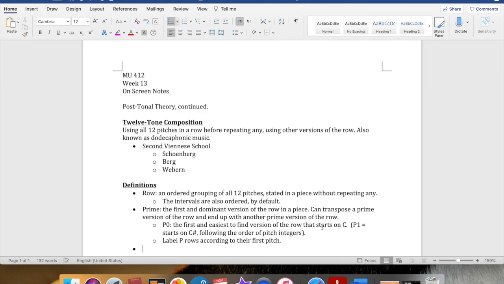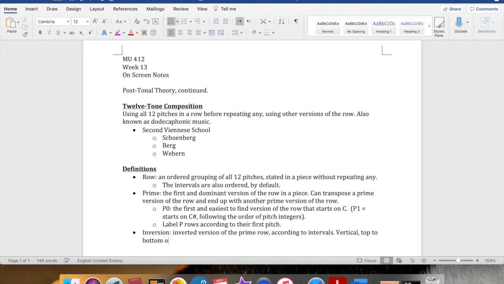Another version of the row would be its inversion. And it is like it sounds, an inverted version of the prime row according to intervals. And I will say that this is vertical top to bottom on the matrix, which we will of course do. I don't want to start with it.